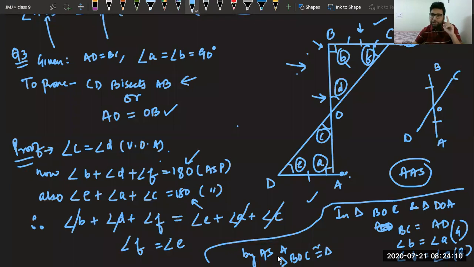I think BOC is congruent to, all of you try. I'm also trying. I think it is AOD. Let us check again. BC equal to AD, first and third, B equal to A, angle B and A should be in similar position. Yes, we are correct. So triangles are congruent.